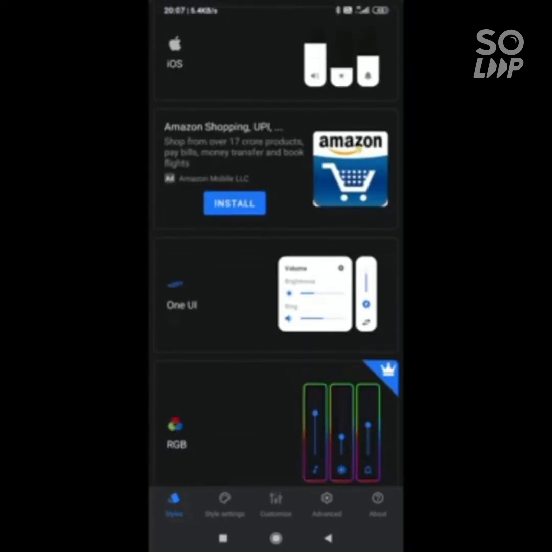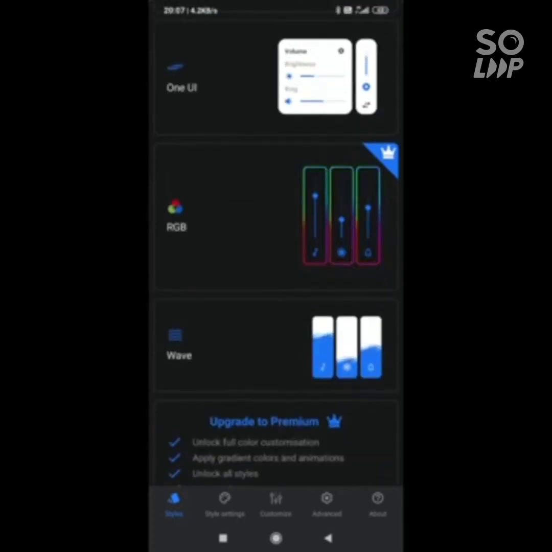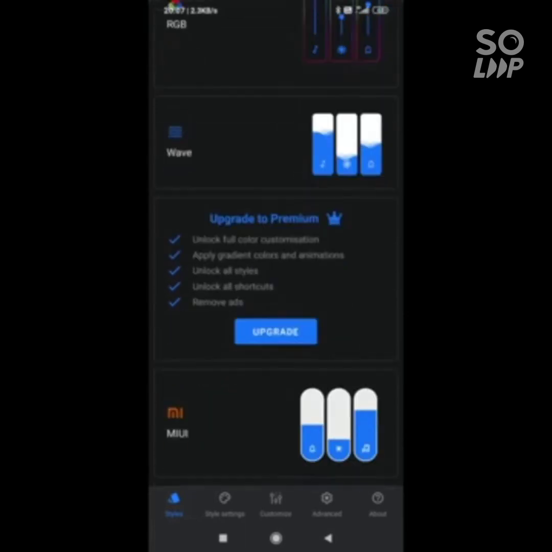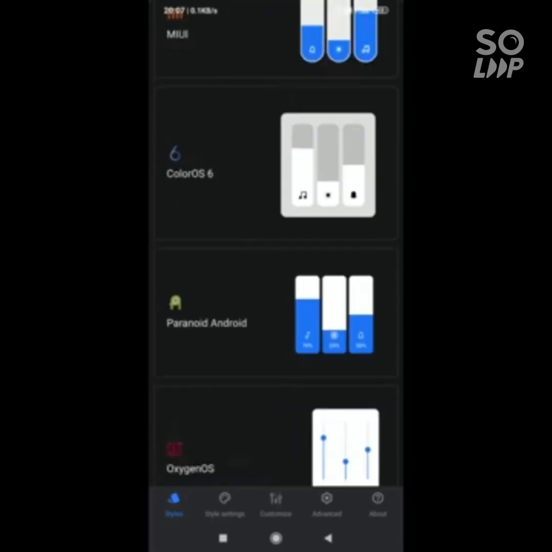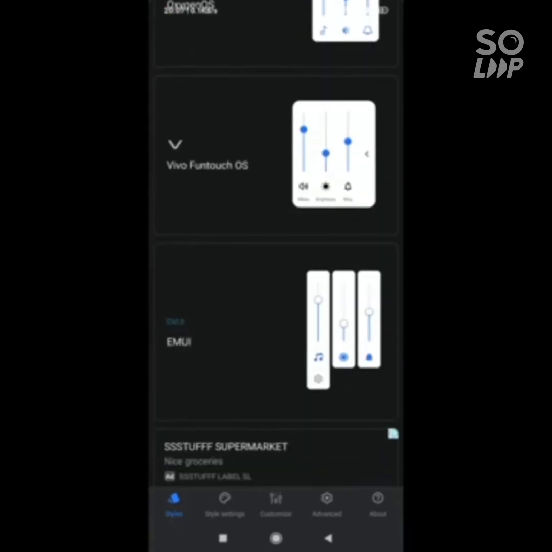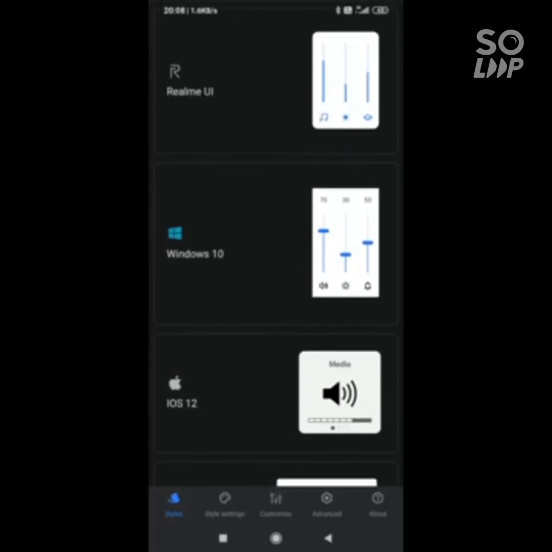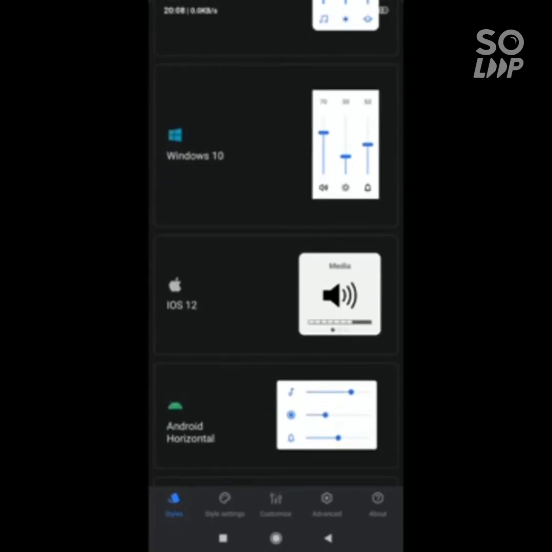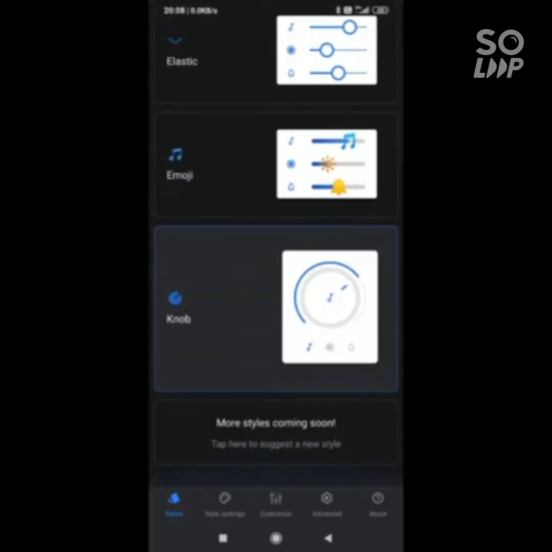You have Android, iOS, One UI, a red-green animating layer that is for premium members, waves, ColorOS that comes in Oppo, MIUI, Paranoid Android, OnePlus, EMUI, Realme UI, Windows 10, iOS 12, and pretty much more.